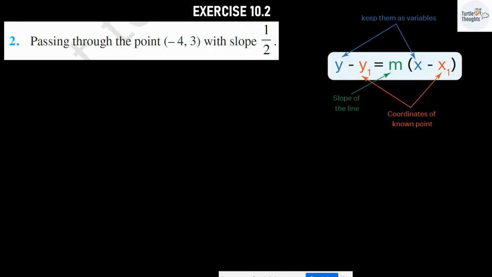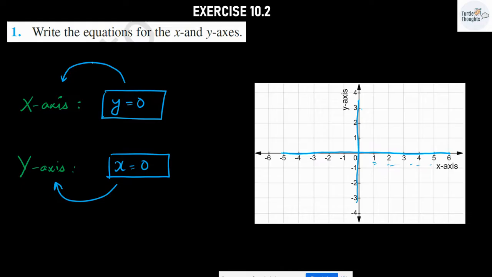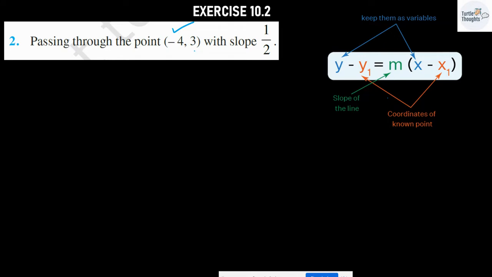The second question, we have to find the equation of the lines, starting from question number 1 to question number 2. Okay, so the second question is passing through the point, meaning that we have to find the equation of the line which is passing through the point (minus 4, 3) with slope 1 by 2. So here which formula can we use? We can use the second formula, right? Meaning that we can use point slope form because they have given one of the coordinates, you already know the slope, right? Y and x can be kept as it is